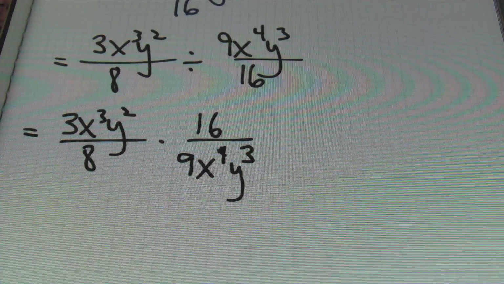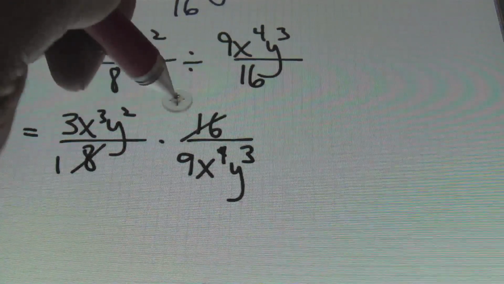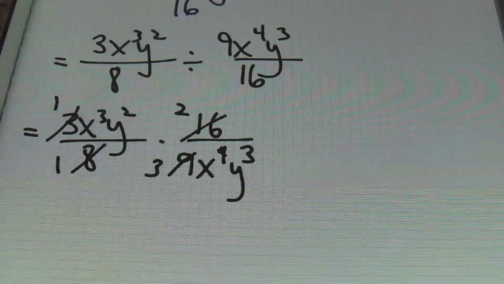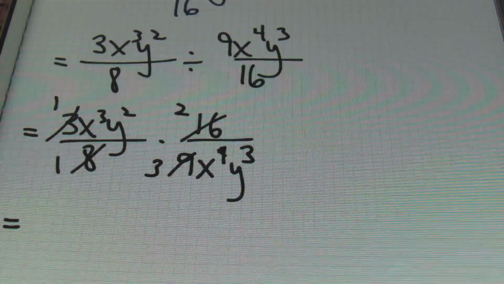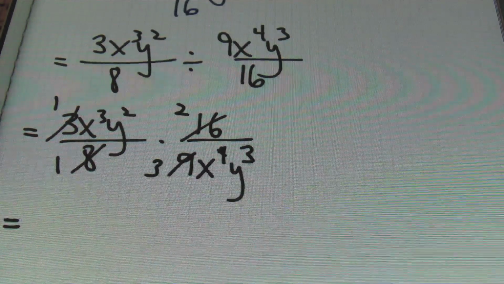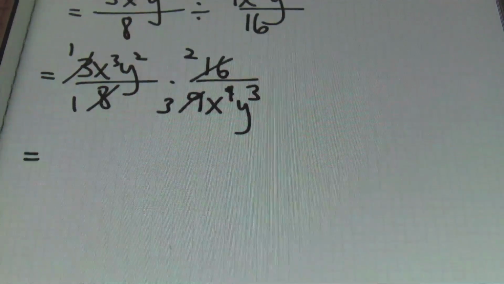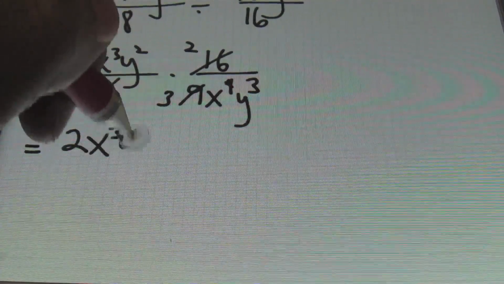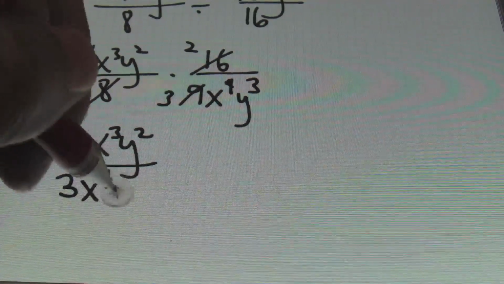From here, I'm going to simplify before I multiply. I know that 8 goes into itself once, it goes into 16 twice. 3 goes into itself once, it goes into 9 3 times. And what I'll do for now is I'll put a pause on simplifying because I like to combine all my variables first before I reduce them. So let me show you what I'm talking about here. Multiplying straight across the way it is, I'll have 2x cubed y squared over 3x to the fourth power y